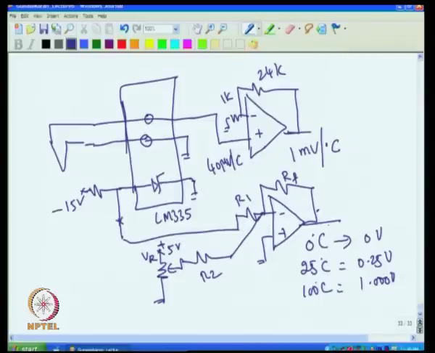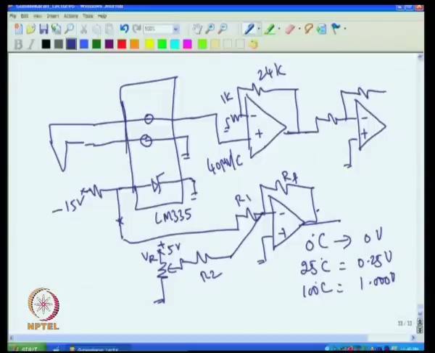Now we have to add these two to get the temperature information. That we can do with one summing amplifier. So what I can do is I can take this and sum it up. Of course, this will reverse the thing, does not matter, we can reverse it again if you require. So I take this, then this voltage and this voltage are added up. So this gives me 1 millivolt per degree C, this gives me 10 millivolt per degree C, because the sensitivity is 10 millivolt and we have not scaled much, 1:1. So you will get 10 millivolt. So if I put all the ratios equal, then